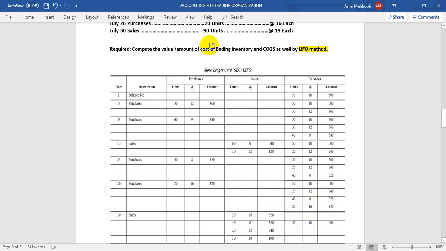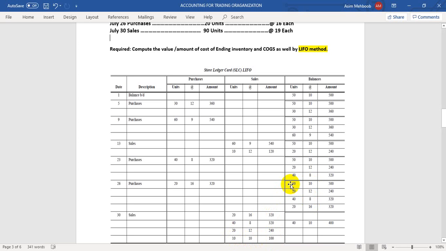Now remember that you have to sell 90 units. So what are you going to do? 20 from here, 40 from here, 20 from here: 20, 40, 60, and 60 and 20 is 80, and 90 is what you have to sell. So out of 90 you already sold 80 units. Now you have to take out 10 units from the last inventory level, the last inventory of 50. So out of 50 you have to take 10, at which price? The cost price of 10, and 10 into 10 is 160.